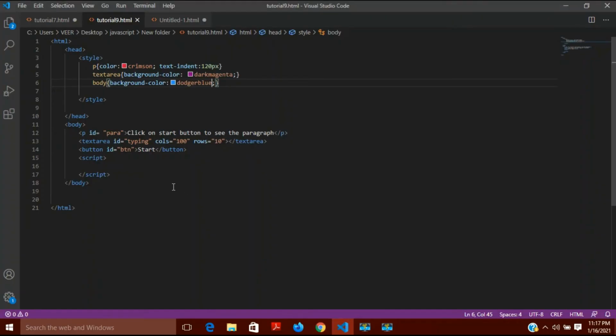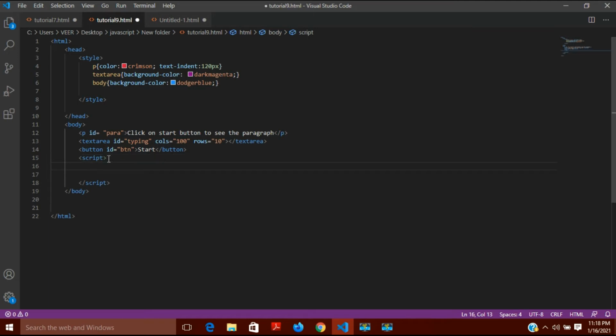And after this you can see I have used a little bit of styling also. There are so many other things you can do using CSS styling, but we will do only this much here. We will do other things in the upcoming videos. So in styling we have done this much, and now we will start the actual thing, and that is inside this script, that is JavaScript.